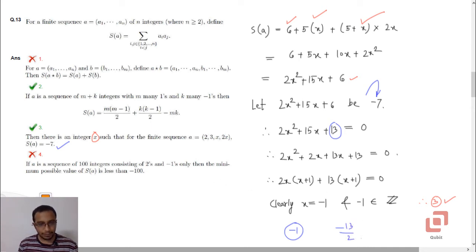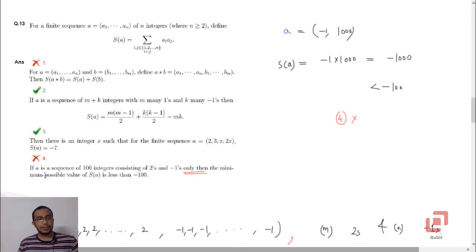Now if you know a bit regarding the theory of equations, in fact in this very paper we have a cubic equation and a question associated with that. If you know that, then you will immediately recognize that x equal to minus 1 satisfies this. This is because if you add the coefficients of even powers of x, you are getting 15, which is same as the addition of all odd coefficients of x, or coefficients of all those powers of x which are odd. So if they are equal, then clearly x equal to negative 1 is a root, and hence option 3 is correct.